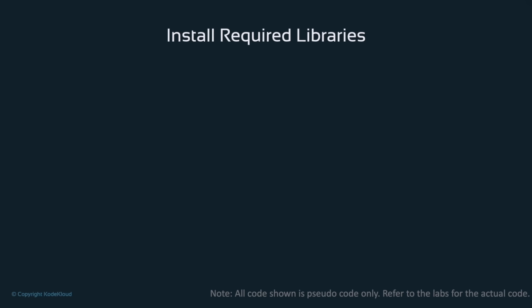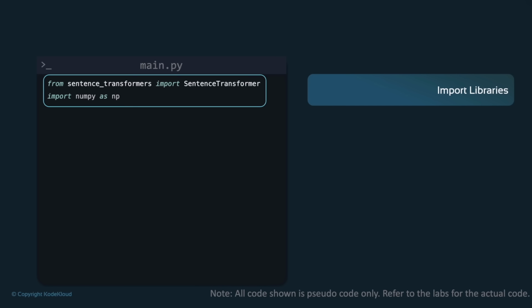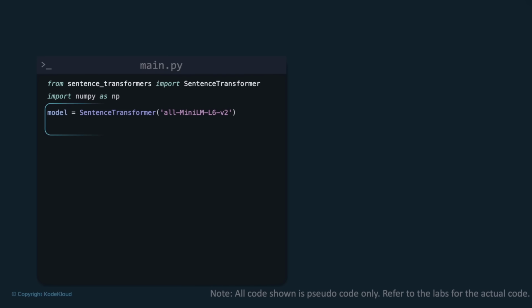So let's take a closer look at that. First we install the required libraries, such as the sentence transformers and NumPy libraries. The sentence transformers, as we saw, provides the SentenceTransformer class and the all-MiniLM model. NumPy provides the np.dot function for calculating dot products between vectors. So here we can see the complete code in action. We first import the sentence transformers library and the NumPy library. Then we load the all-MiniLM